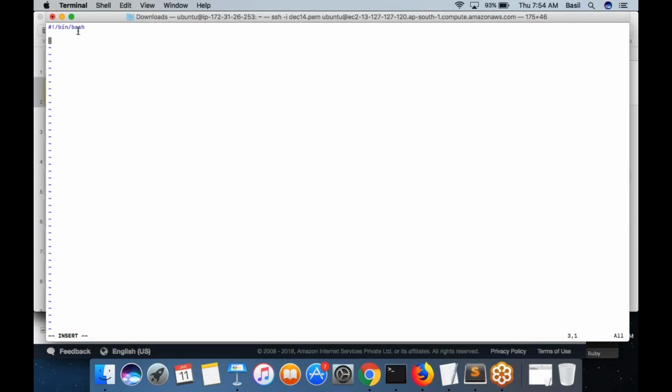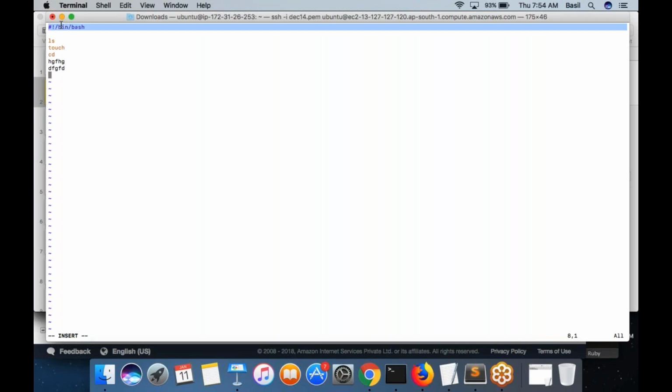Actually, the actual location of bash is /bin. Bash itself is a command. Bash itself is a software or binary in Linux. So in this case, bash is nothing but a shell. So I am going to type some commands here, ls, fetch, cd. That's what my shell script is basically. You put together all the commands that you want to run in a single file. That's what your shell script is.